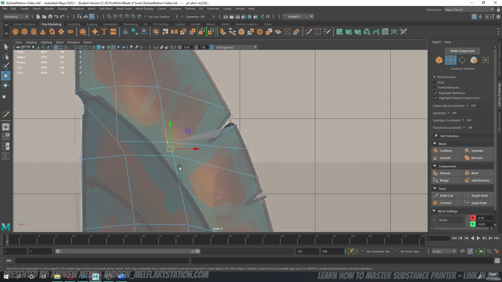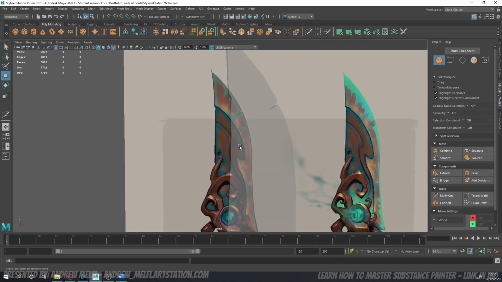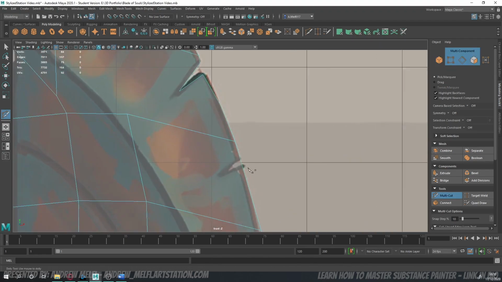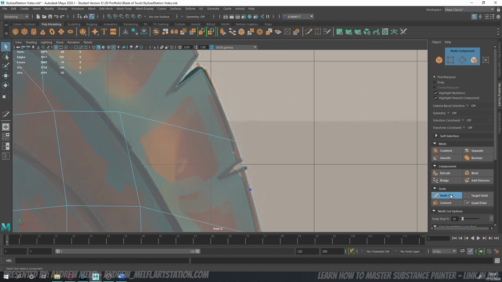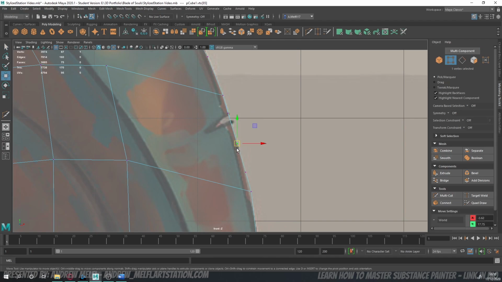I'm going to get rid of this one for now. We'll add it back in a minute. So now we've got that. And we just do the same thing for the smaller one. It doesn't have to be right on where it is on the concept, because you can move it afterwards. So if I just drag these down like this,